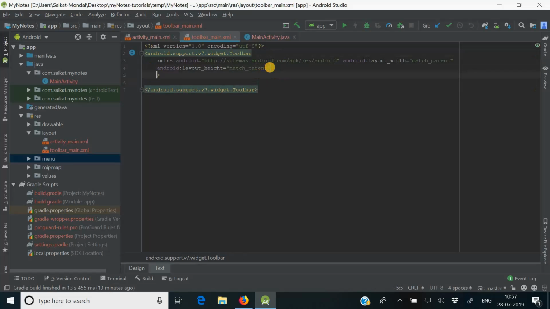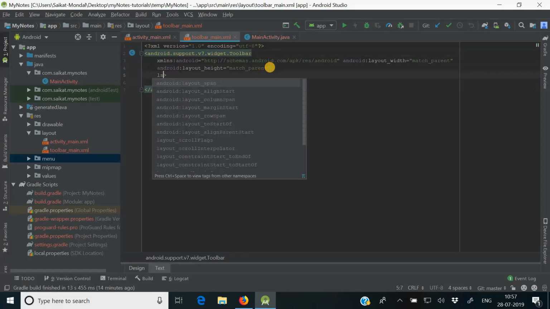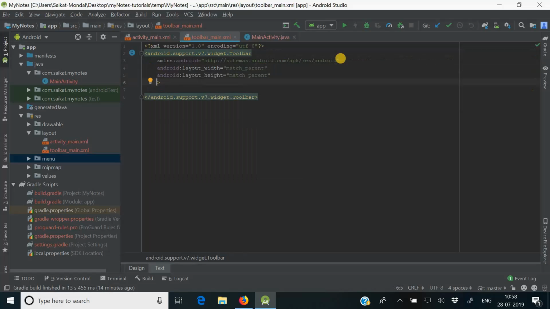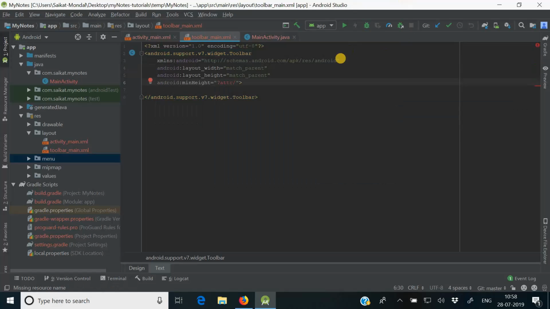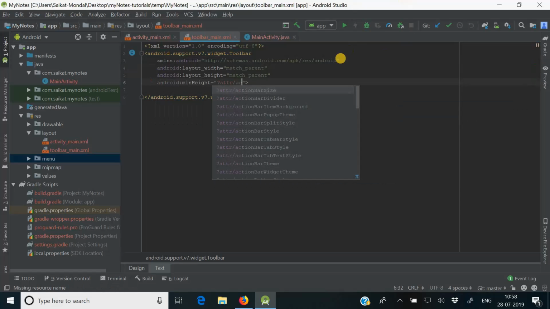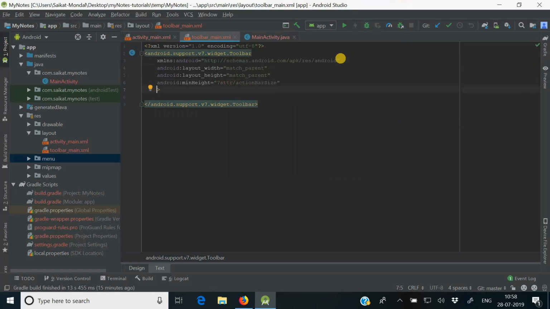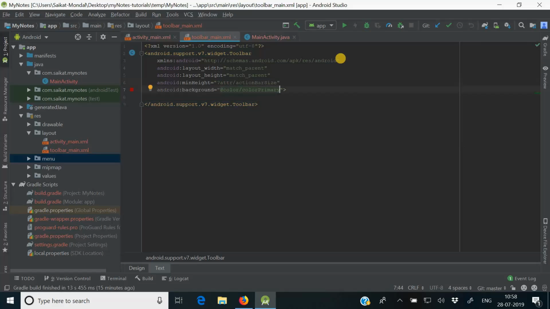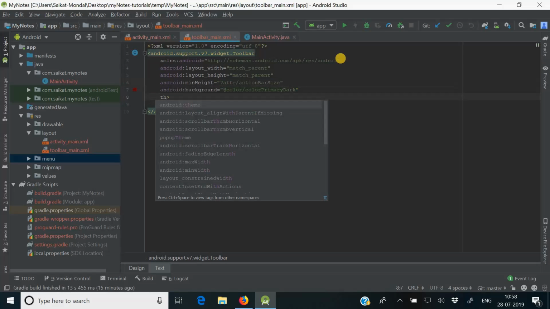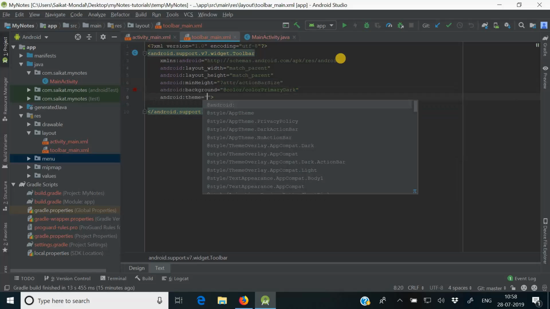Next I have to choose some more properties here, like layout width will be match parent, minimum height will be attribute action bar size, then background will be color primary dark, then theme will be style, theme overlay dark action bar,